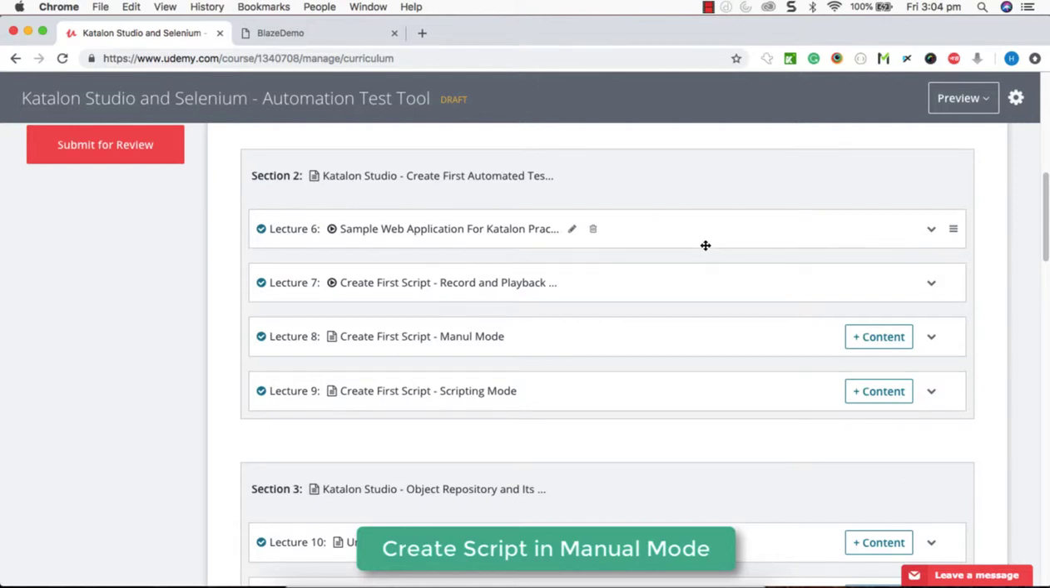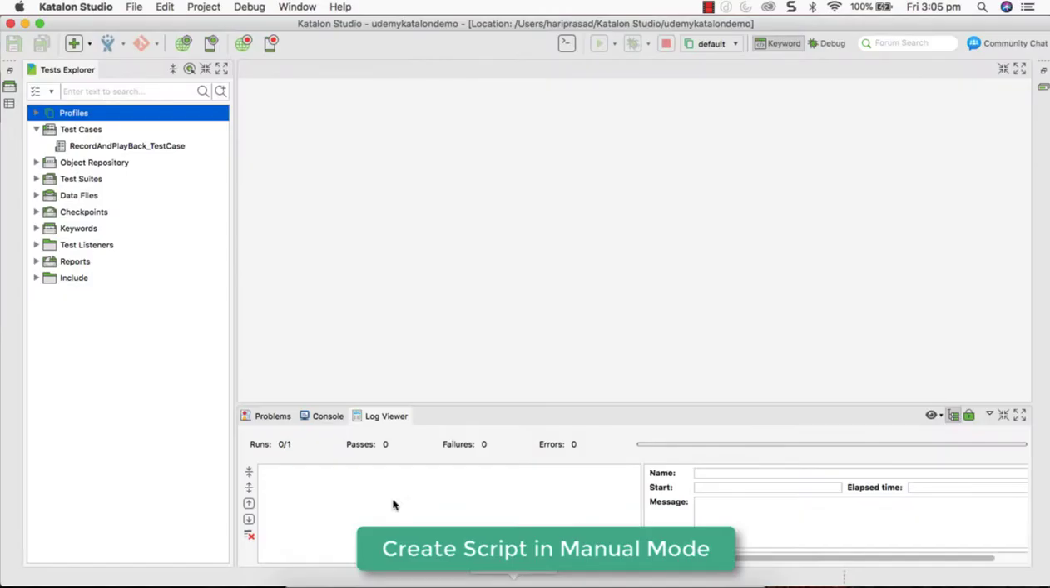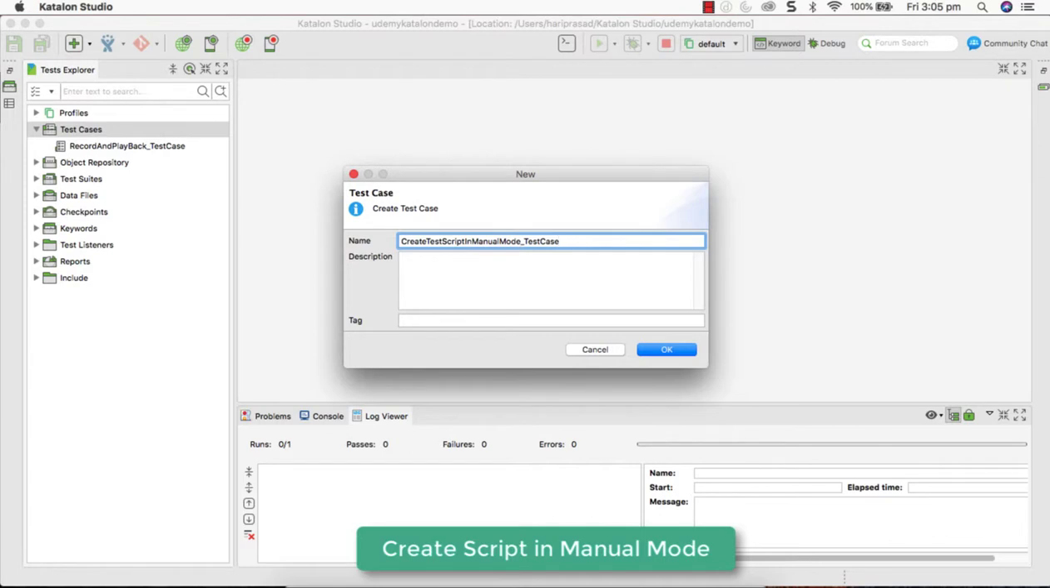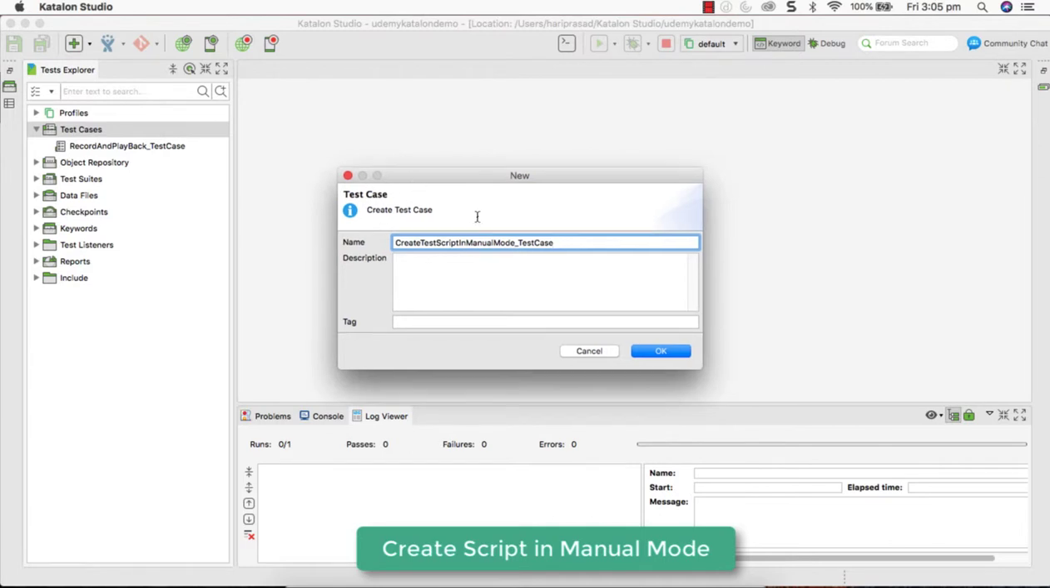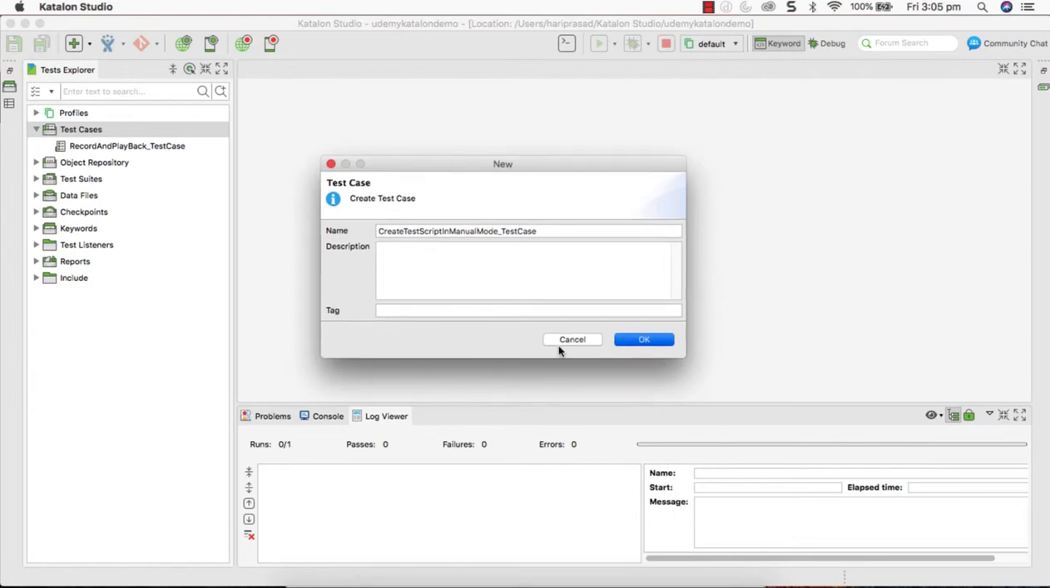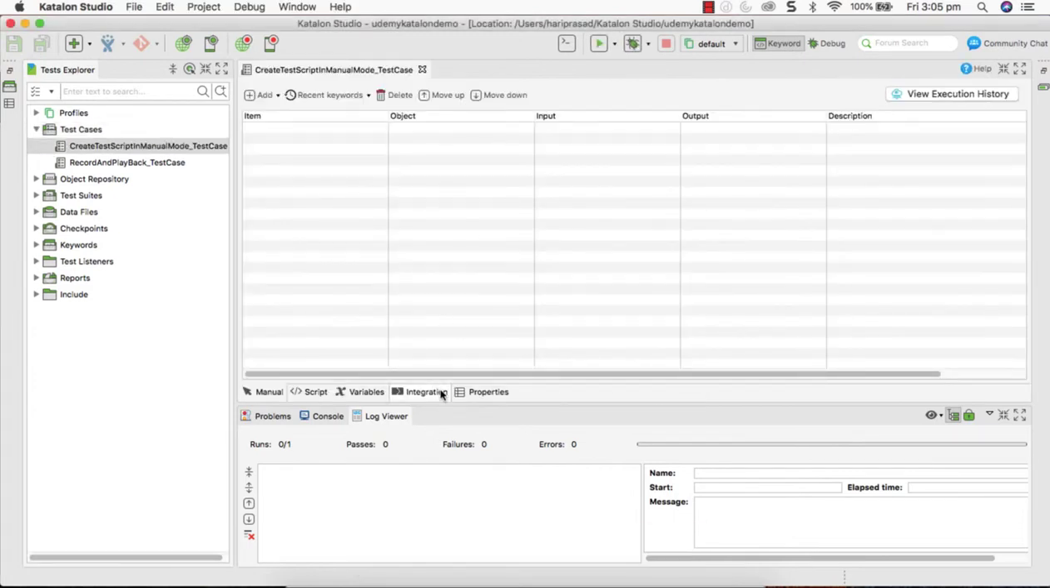Well, in this video, I'm going to talk about creating the first script in manual mode. Okay, let's go to Katalon Studio. For this, let's create another new test case. The test case name I have given is create a script in manual mode. You can give whatever name you would like to, and click OK, and you get the test case